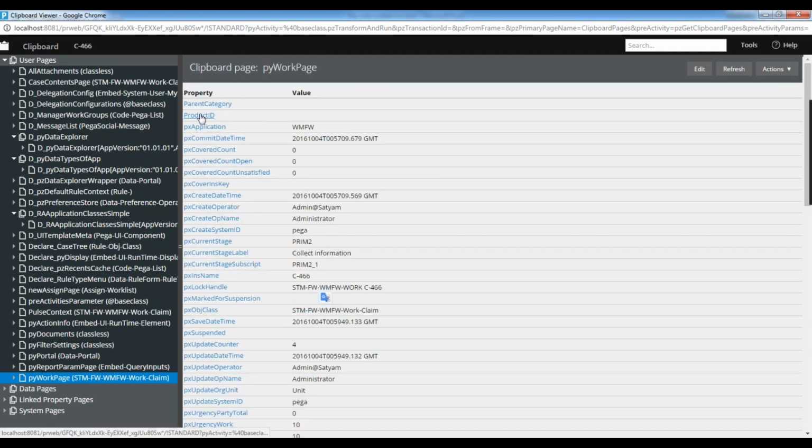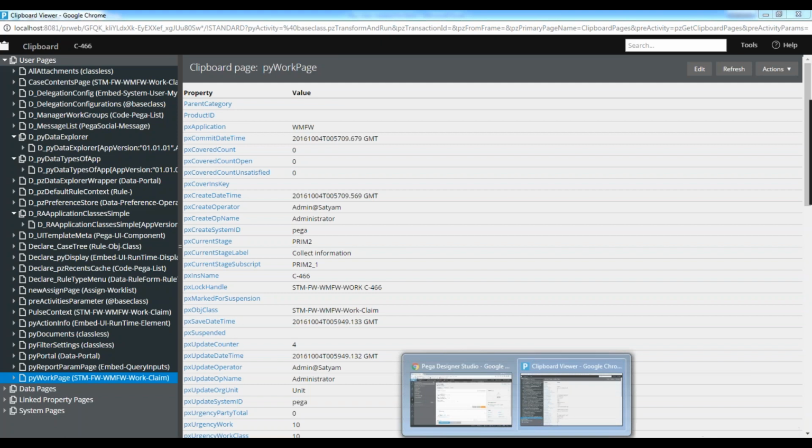So parent category is there, product ID is there. I created those properties in the claim work layer. Those properties are coming from the claim work layer, but values are not coming, it's empty. When I click the page name, on the right hand side this page will be displayed. Here you can see the property value page. This is called property and this is called value. Wherever the data is there, you can see the data. If it is empty, you can see it empty here. Why is this empty? Because we didn't select it here.